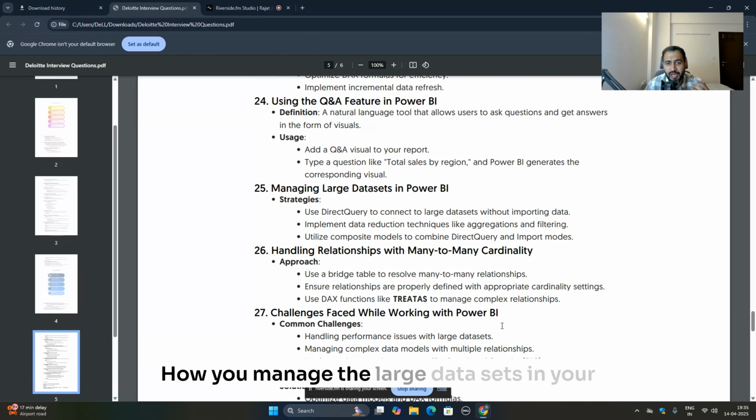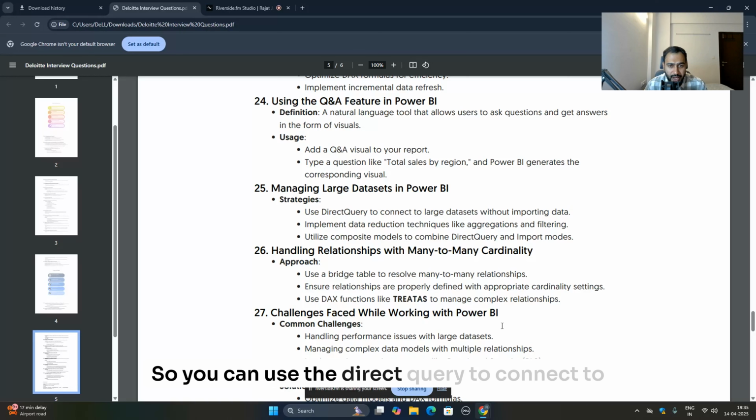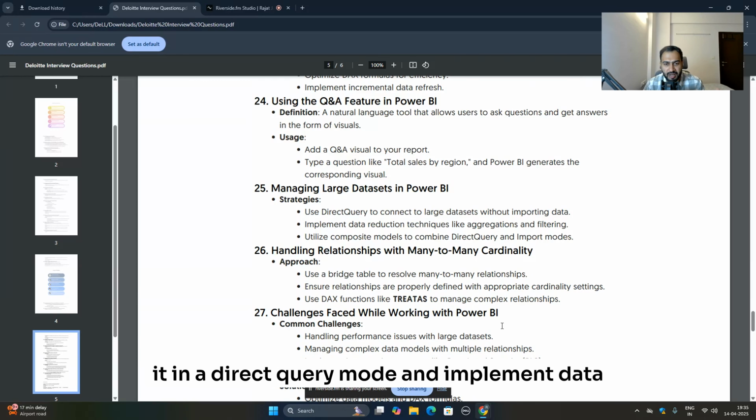How do you manage large data sets in your project? You can use DirectQuery to connect to a large data set without importing data, because whenever we import data, it is very time consuming to refresh. So whenever you have a large data set, create it in DirectQuery mode, and implement data reduction techniques